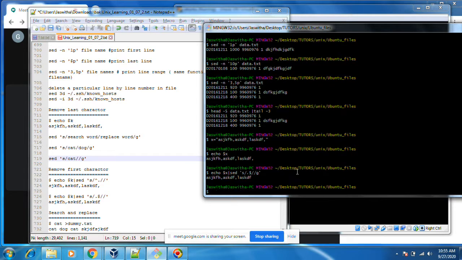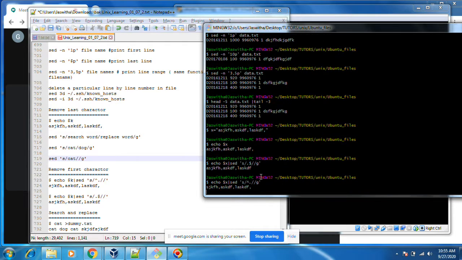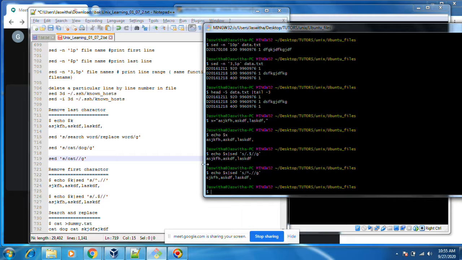You see, the last character is deleted. Now I want to delete the first character. Caret means it will always check for the first starting character. You see, our starting character A was there, and it was deleted.